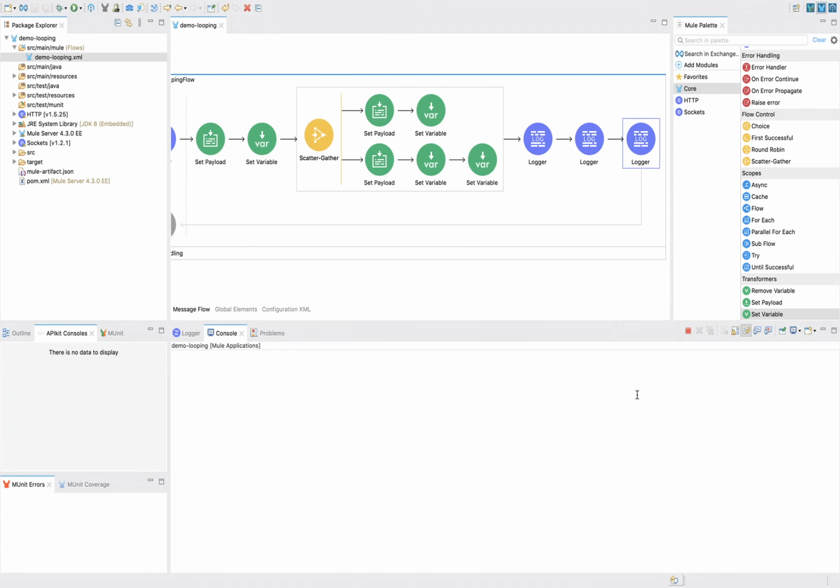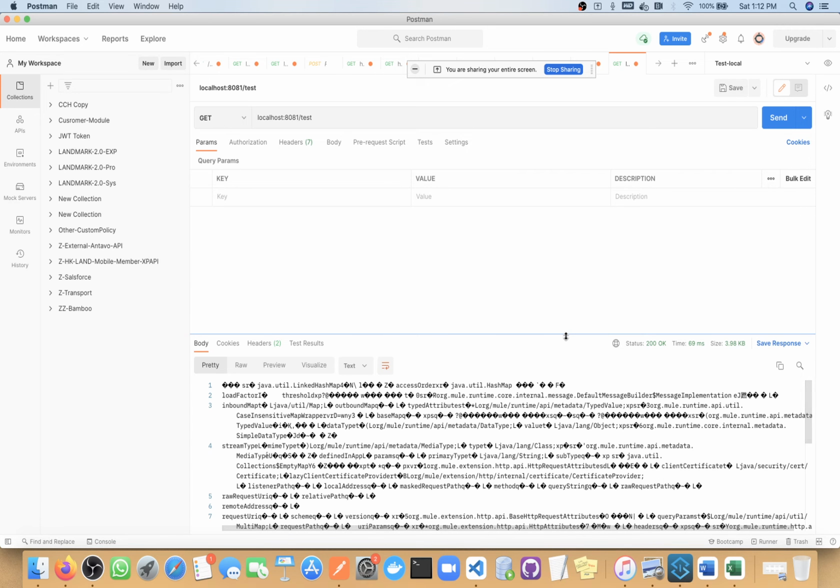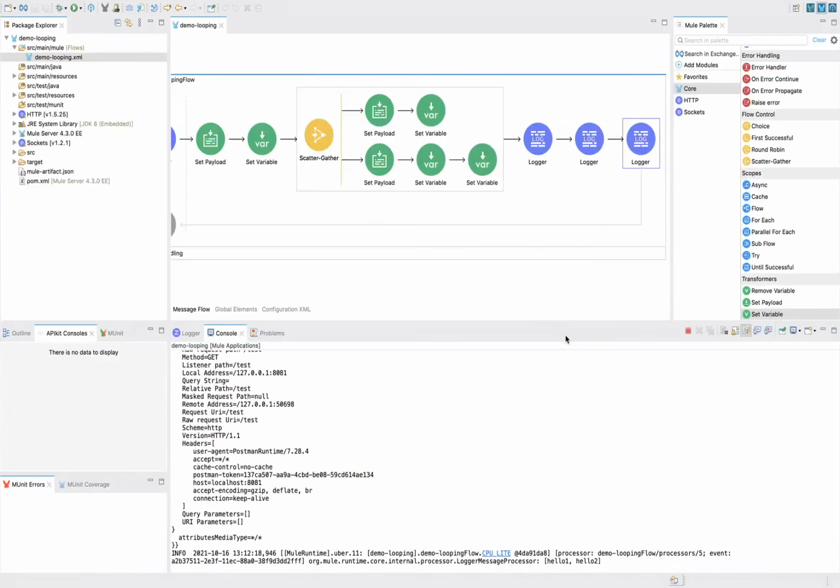Okay, so hello1 and hello2. Payload will also be an array of payload 0 and payload 1. Variable will also be an array if we are updating in both places.